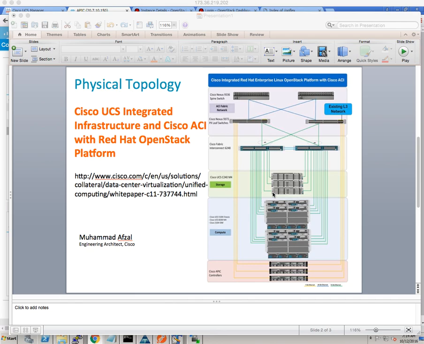ACI requires some pre-OpenStack deployment configuration, and once it's all configured, then OpenStack can be deployed, the undercloud and the overcloud, and the ACI plugin. After that, the plugin takes care of the rest of the integration, automation, and orchestration of the OpenStack-related activities within the APIC infrastructure. But in this demo, I'm only going to walk you through the areas of how ACI has been configured